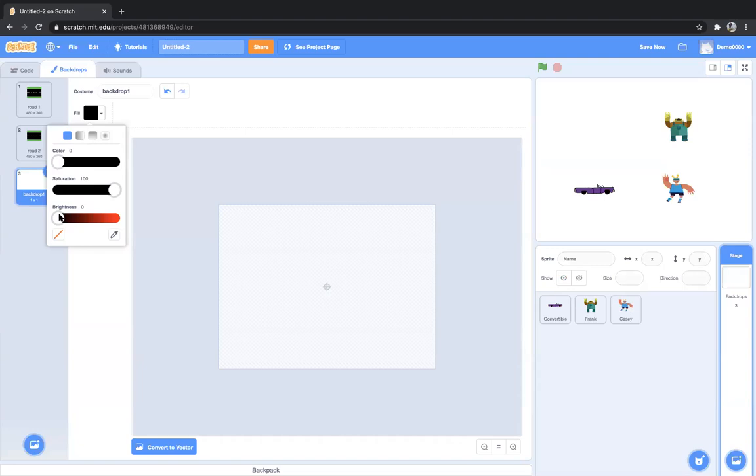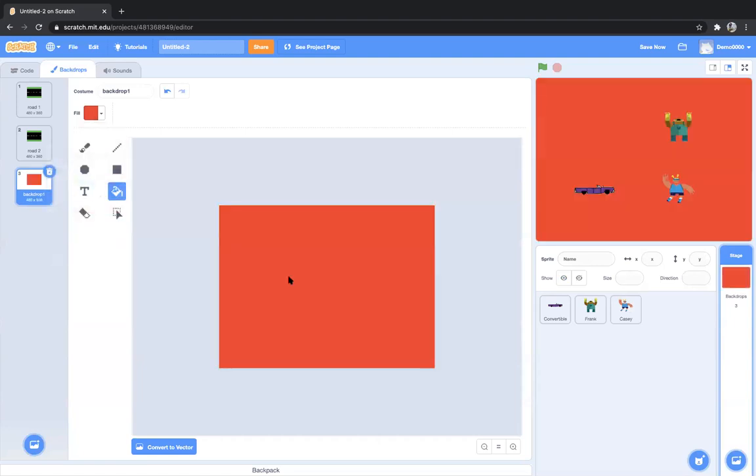Let's choose a red color. Now here we'll write what? Use a text block, click on text. And let's take a black color. Let's write game over. And now let's make it big.